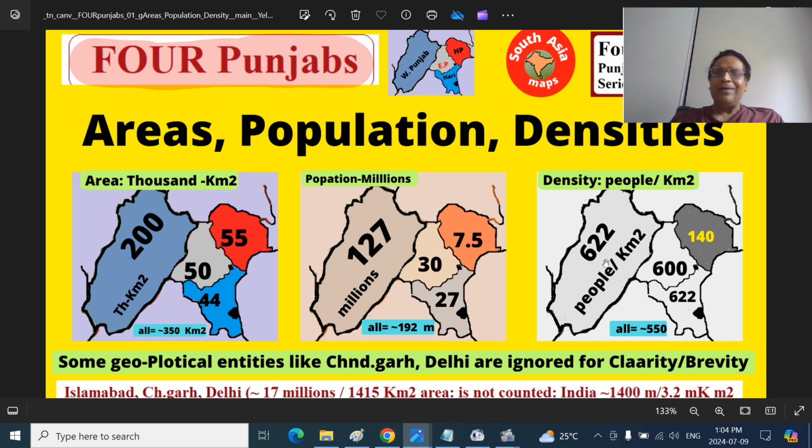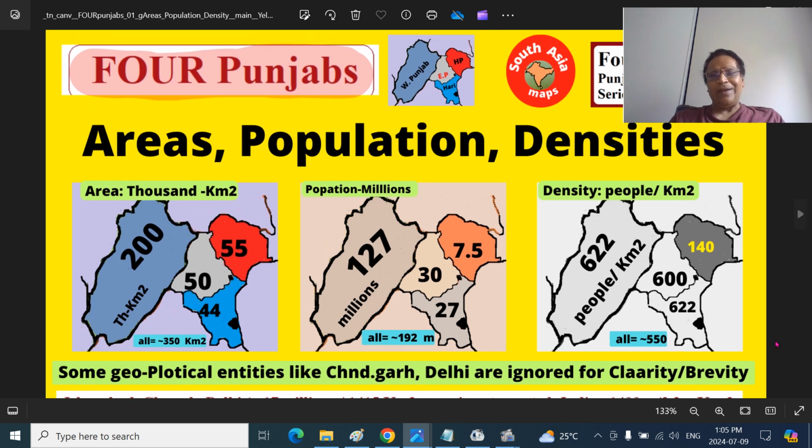Give a little to this side or that side, 622, 600, because Himachal Pradesh is mostly a hilly, mountainous region, the Sivaliks, the Lauladar range, the Trans Himalayas, Panjal, and so on. So it is less populated. Take for example 200 units, that is 0.2 million. 127 million people divided by 0.2. 0.2 means you raise it 5 times. So this 500, again 5 times here, so 620. Very easy to get intuitively.